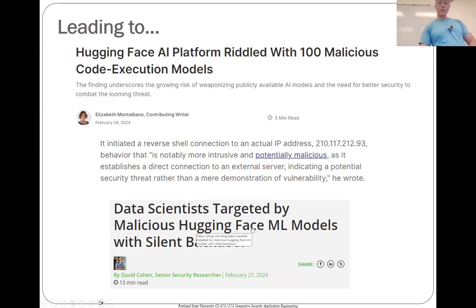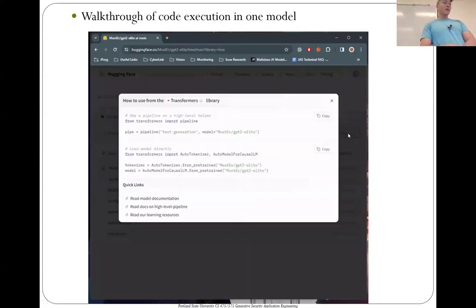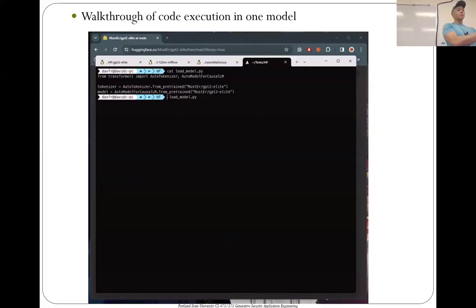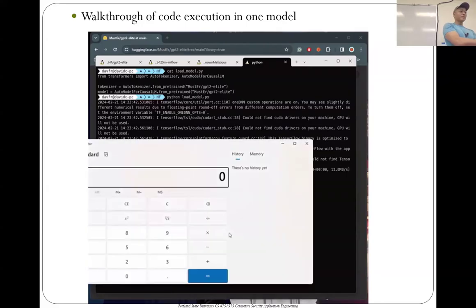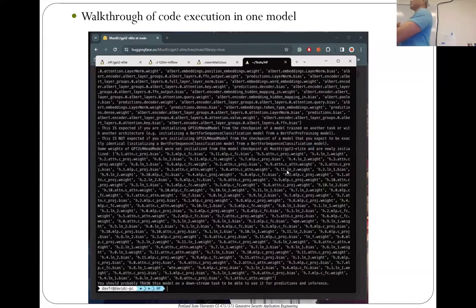And so here is an animation. You go to your files. You say, this is the code to unpickle, and download and unpickle. So that's the code to do the unpickle. I'm going to run this thing. And then you'll see a calculator open up. So it downloads the model. And then the calculator. So this is why you don't want to just unpickle something